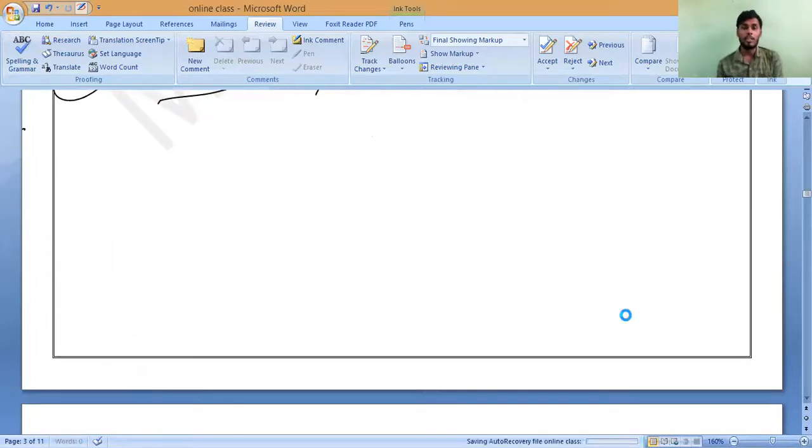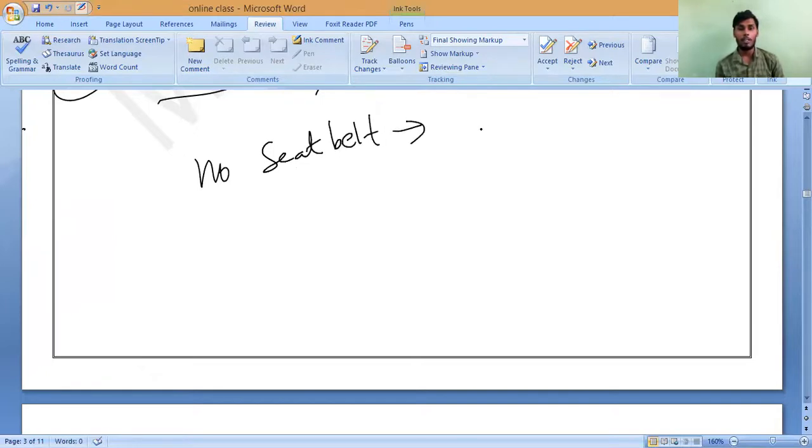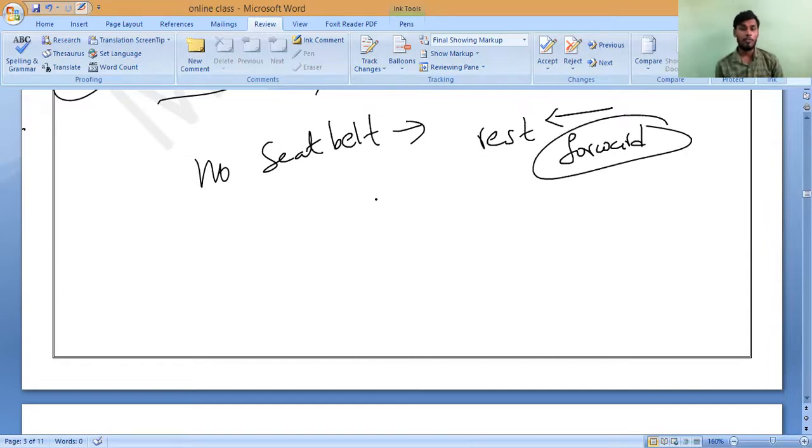Suppose there is no seat belt. What will happen? Whenever the car comes to rest, immediately a large force acts on you. You will fall in the forward direction, so you may even come out from the window. Understand? But if you wear the seat belt, which is structured like a rope that we wear,